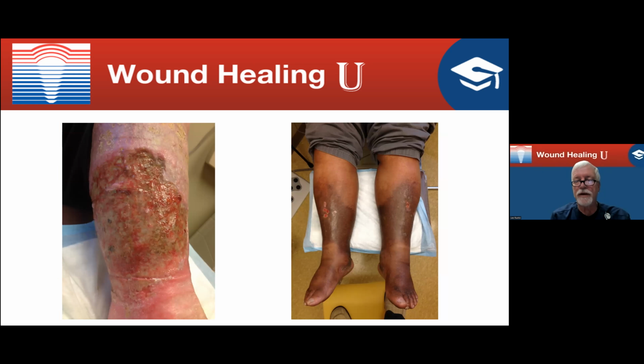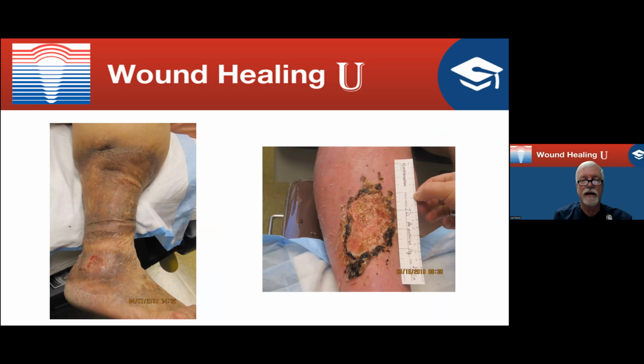And so the picture on the right, again, this is a dark-skinned individual, but you can still see that hemosiderosis is so much darker, and he's got a couple of clean venous ulcers in the middle of that area. The picture on the left, we're not going to talk about this today due to time, but